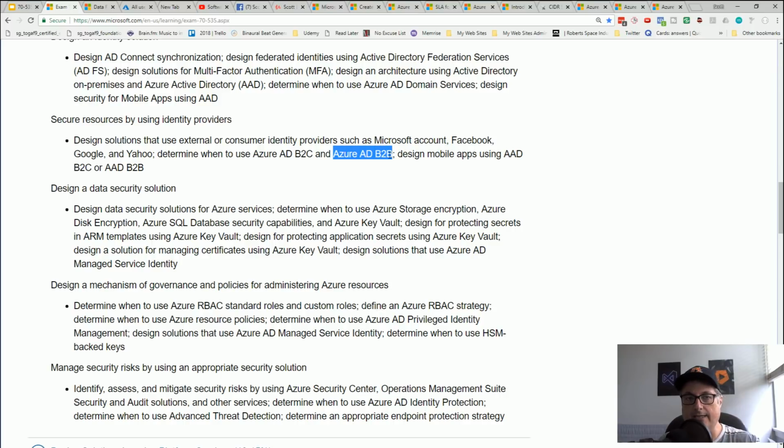Azure AD B2B is how you work with external partners. So let's say you're a company like McDonald's and you have a number of companies that are really close partners, and you want to collaborate. You have applications that are shared. You have a custom developed application and you want your external vendor to be able to have access to that, so you work together on projects. You might set up something like AD B2B between your Active Directory and their Active Directory, which will allow them